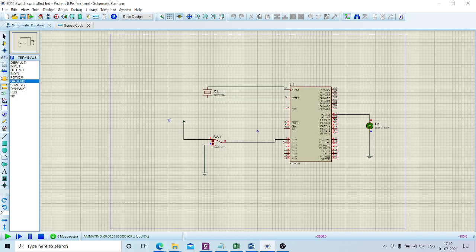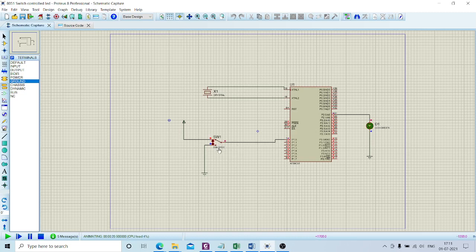If I connect to the power, the P1.0 will be getting the logic 1 so that LED will be on. If I am disconnecting the power and connecting to the ground, I will be applying logic 0 to P1.0. At that time the condition will be false, I will be clearing the P2.0 so that LED will be off. So the same switch can be converted into single pole double throw with momentary action. Here it is latch action.